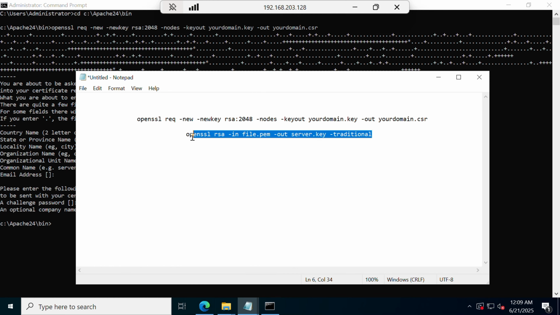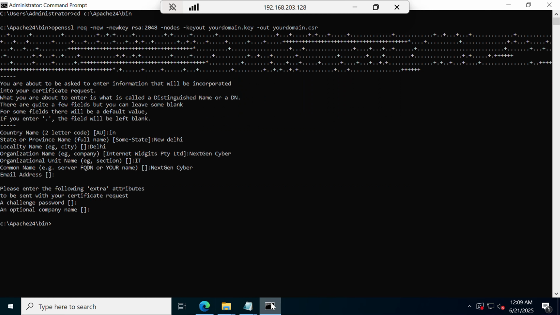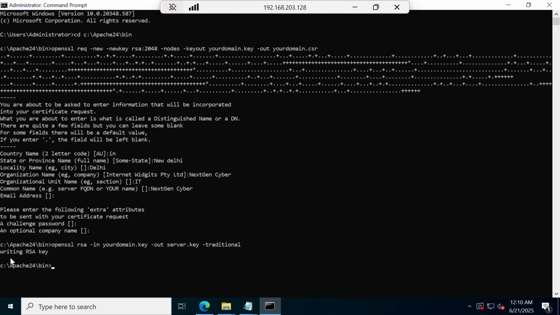Just copy this command to convert the private key to RSA private key. Just copy it and paste it here and change the file name with the actual file name. Just remove the file.pem with your actual file name, your domain.key, then hit enter and you will see that it says writing RSA key.